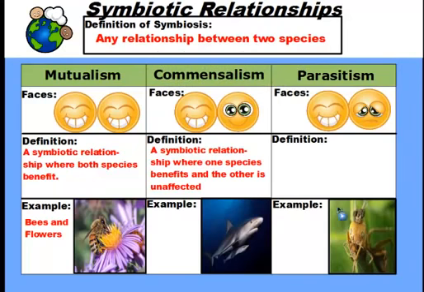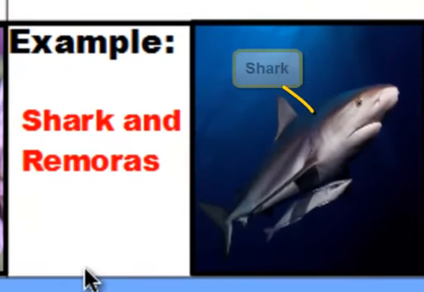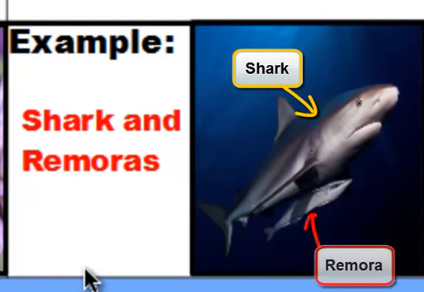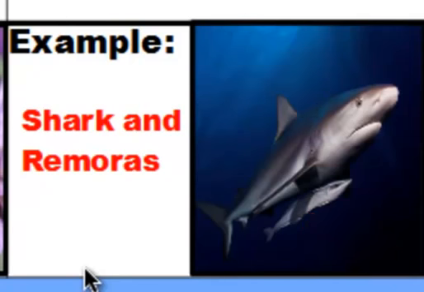One example of this type of relationship is the shark and the remora. So if we take a look at this picture here, we have this picture of the shark just cruising along in the ocean, but attached to the bottom of the shark, you have something called a remora. And a remora basically is using the shark to transport itself through the water, so it hitches a ride on the shark. And sometimes, when the shark gets into a feeding frenzy, and all the scraps of flesh and meat from whatever it is that the shark is eating is floating around, the remora will detach itself, scoop some of that stuff up, and then reattach itself to the same shark or maybe a different shark. The remora benefits on getting a ride and getting some food, and the shark doesn't get anything from the remora, but it's not really hurt by the remora either.